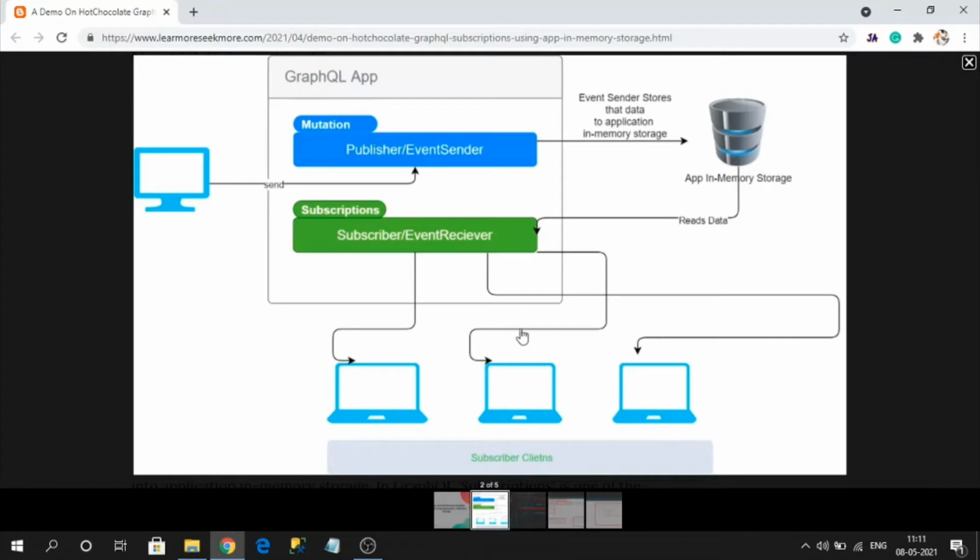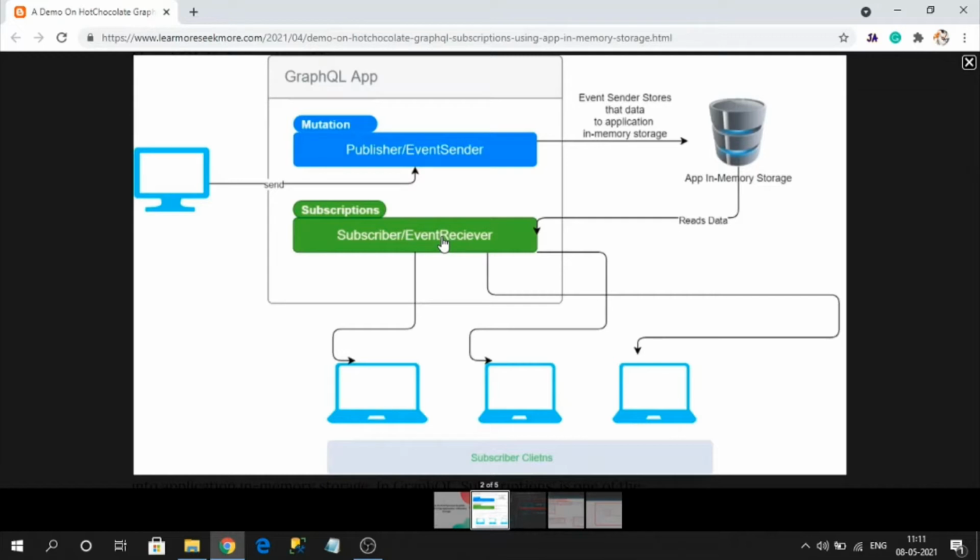This communication from the subscriptions to the subscribers is taken care of by WebSockets. It is not a normal HTTP call protocol. It is a WebSocket thing. So a WebSocket channel will be established between the subscriber client and the subscription in our GraphQL endpoint. This is how the flow will work.